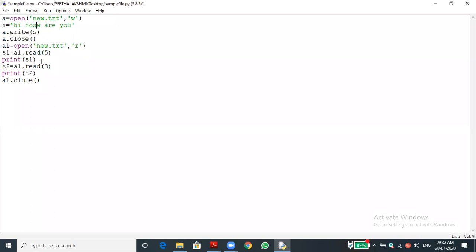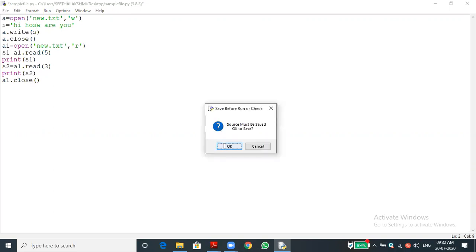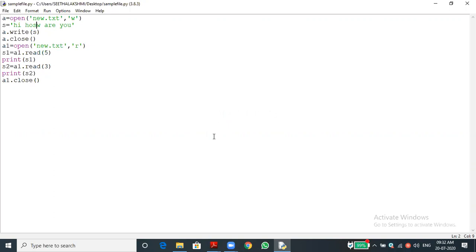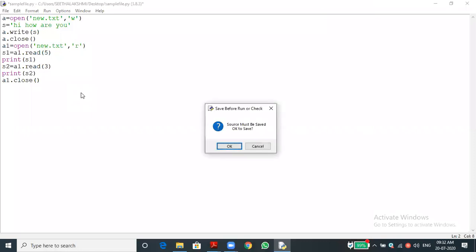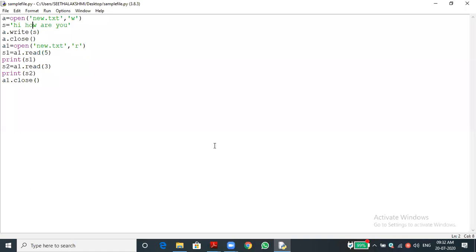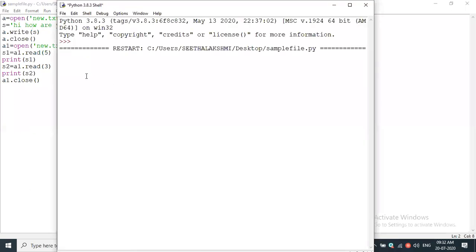Once again I'm running it for you. You can see the output: Hi, then space, Ho will be printed, and in the next line s2.